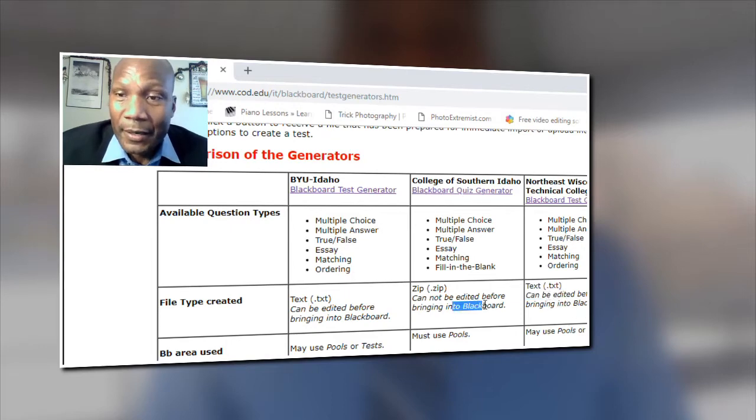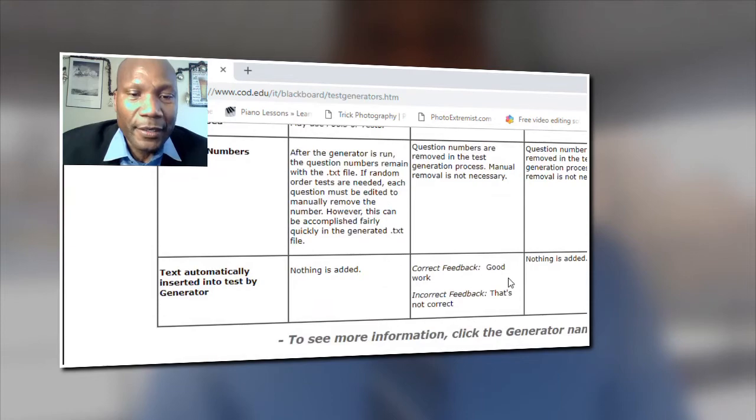This one you cannot edit, and this is for pool questions, zip. For text, if you're going to be uploading as a test, you need a .txt file extension, and if you're going to be uploading it as a question tool, it's going to be the .zip. So pretty good comparison that this individual did here,